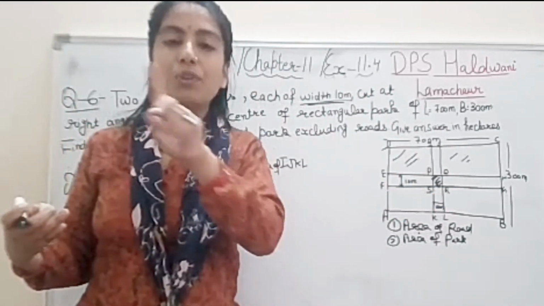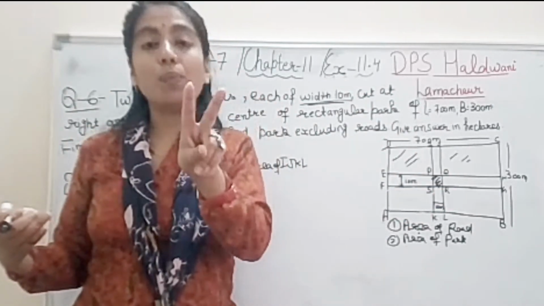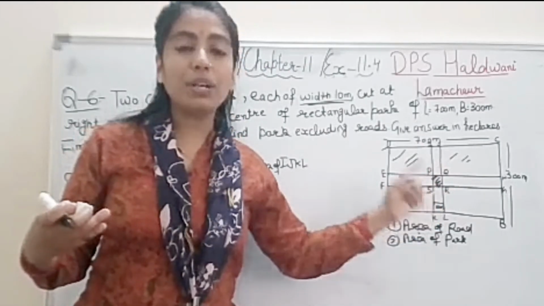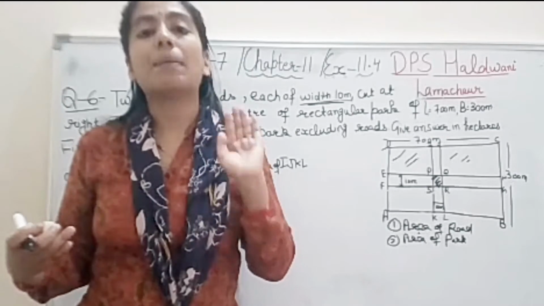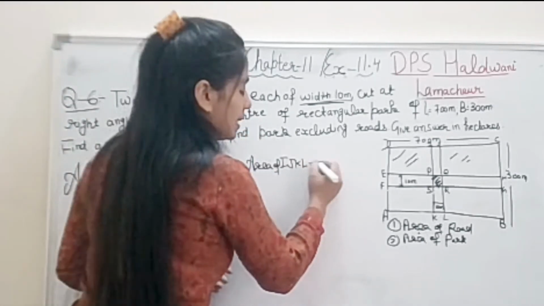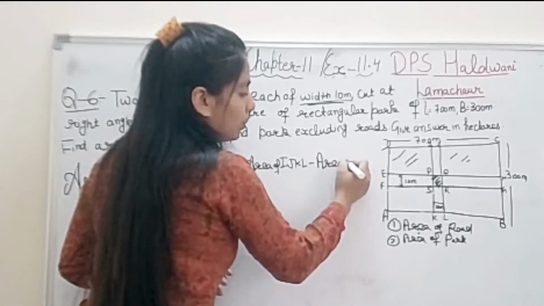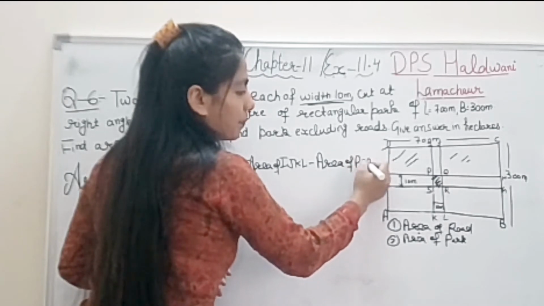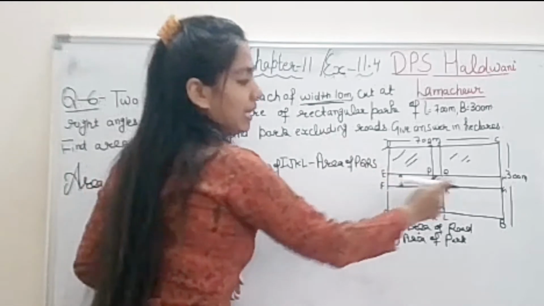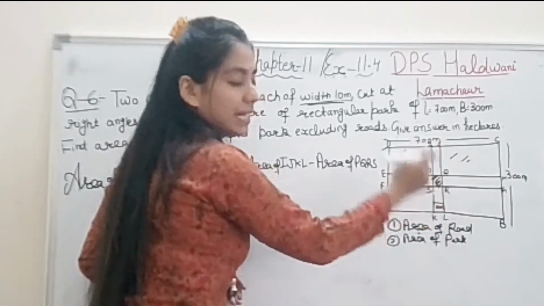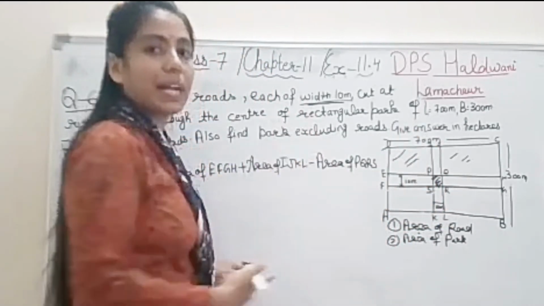It means 1 time we will subtract because दो बार नहीं है वो road. Because that road is 1 time only. So that is why for 1 time we will subtract. Okay. So minus area of PQRS we will subtract one time. One area of PQRS. Okay, because two times is coming with EFGH also, with IJKL also. So one time we have subtracted.